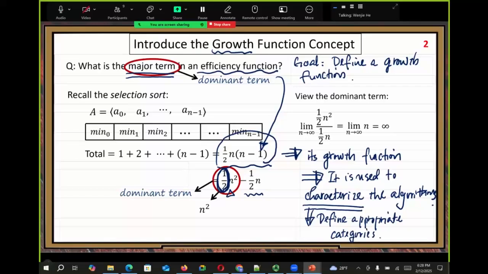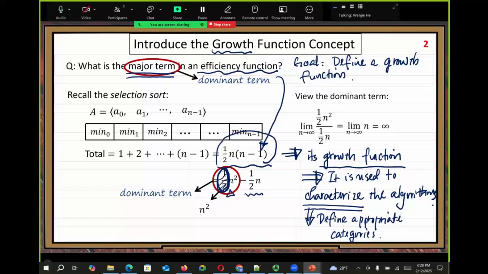So here you can see the growth function is used to define appropriate categories. You need to understand this objective. So when you select growth functions, you just want to use it to define suitable categories. When we select the growth in this example, when we determine growth functions, so we